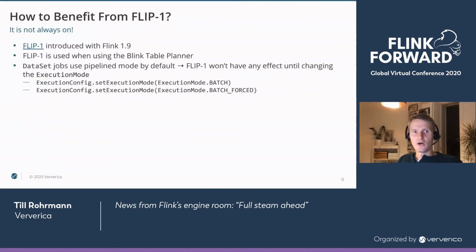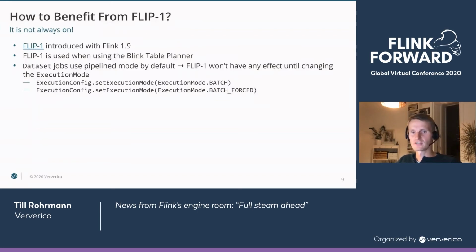All right. How can you benefit from this feature? First of all, since it has been introduced with Flink 1.9, you have to use Flink 1.9 in your version of Flink. When you use the Table API or SQL and use the Blink table planner, then you can already see the benefits of FLIP-1. However, if you are a DataSet user, you have to enable it explicitly. By default, Flink tries to run the DataSet jobs in a pipeline mode, where you won't see the benefits of FLIP-1. Instead, you have to set the execution mode in your execution